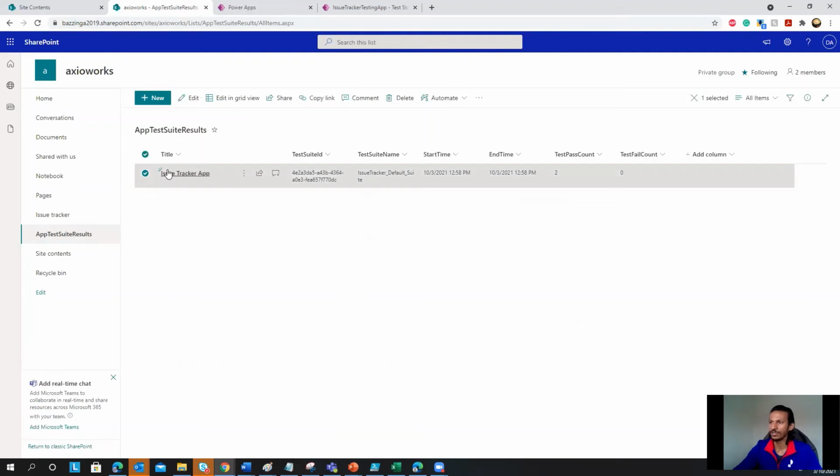shows the results. So it shows the title, the test suite ID, test suite name, start date, end date, and the number of tests passed. And if there's any test failed, then it will show it here as well. All right, that all looks cool. So